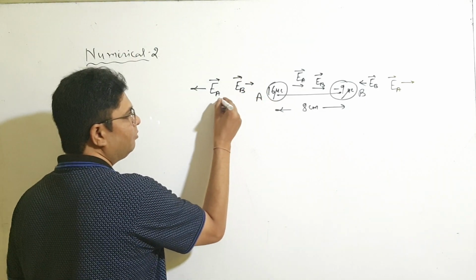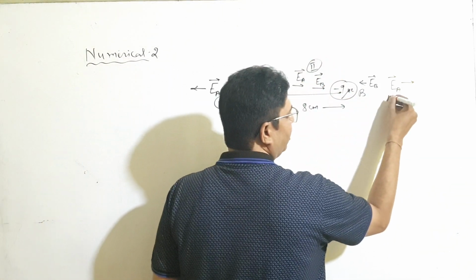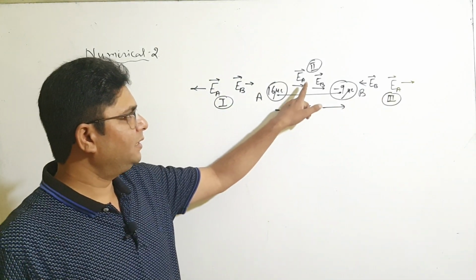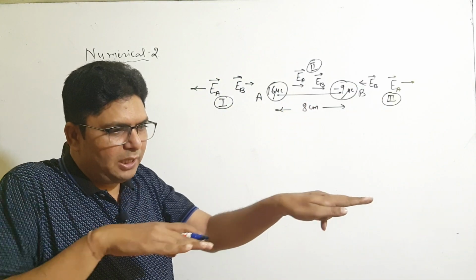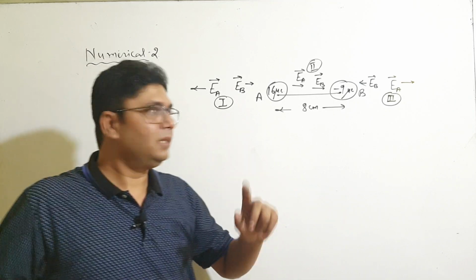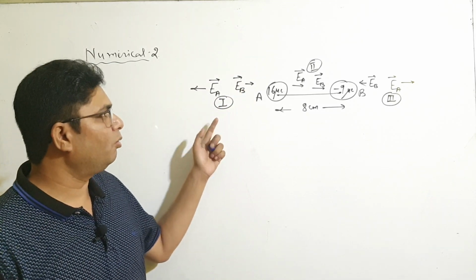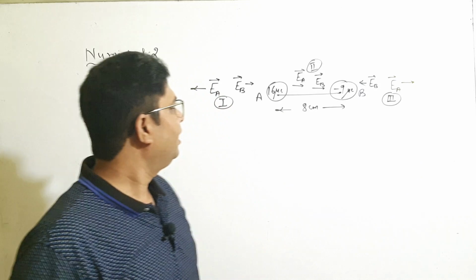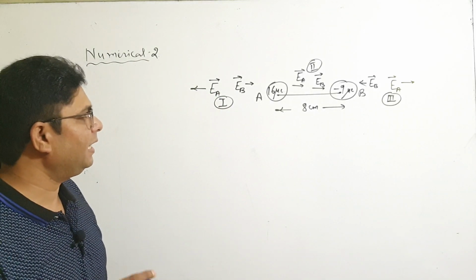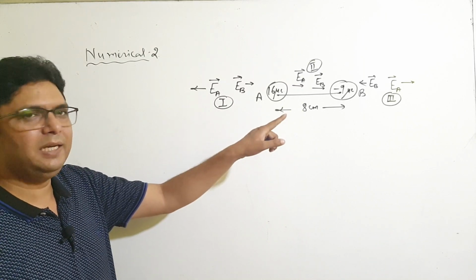This is said to be region 1. This is region 2. This is region 3. Just observe, you are finding that at region 2 both electric fields are along the same direction, so they will not cancel out. But at region 1 the electric fields are in opposite directions, so they will cancel out. And here at the third also they are in opposite directions, so they will cancel out. This means that electric field will cancel out at region 1 and region 3.